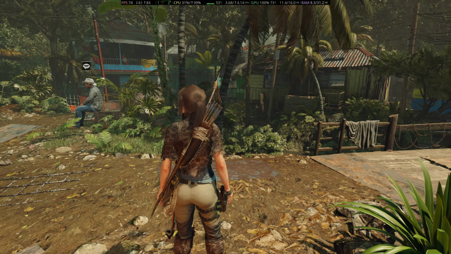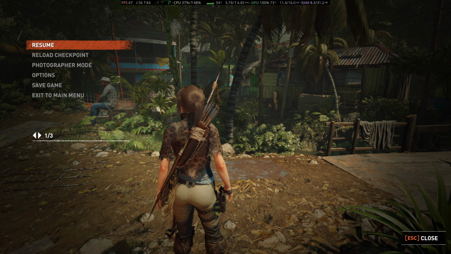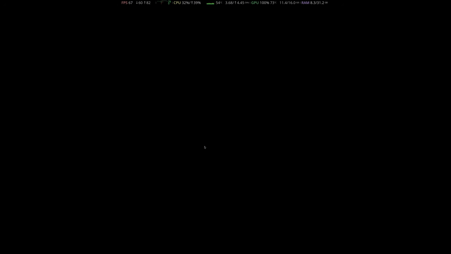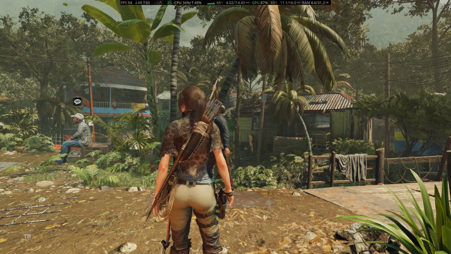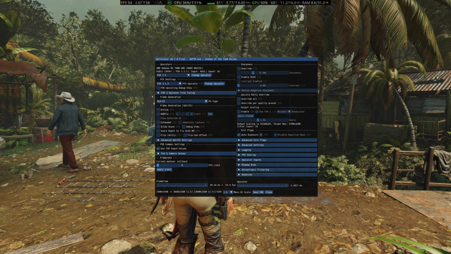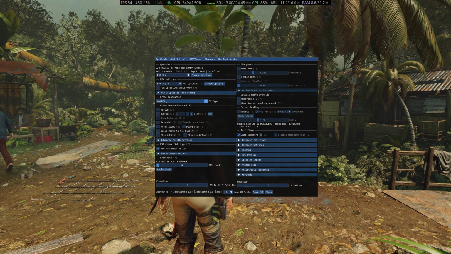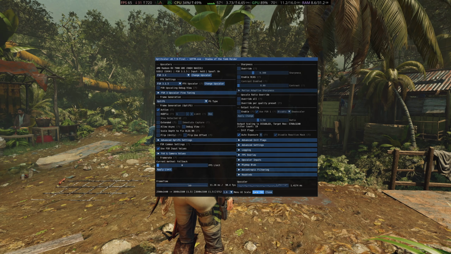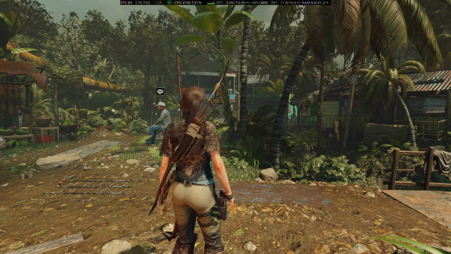OptiScaler. Now, right now it's not active. We do need to close the game. So we're just going to exit the game and then we'll relaunch it. Okay, we're back in the game. So now if we hit insert, I have the Opti frame gen. We can activate it, save the ini. You can see the frame rate there jumped up